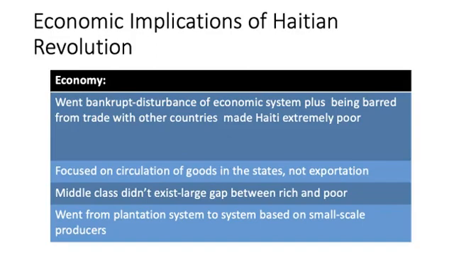Now, these are the people who have just gone in and they have fought this revolution and they have fought really hard in order to gain their freedom. However, that does not mean that land is going to be distributed equally among these former slaves. And in addition to that, in order to keep the plantation system as in check as possible, Louverture, when he ends up creating the Constitution for Haiti, he basically mandates that any former slave is going to be required to continue working on either small-scale farms or plantations, that agriculture is supposed to be the basis of their economy, and